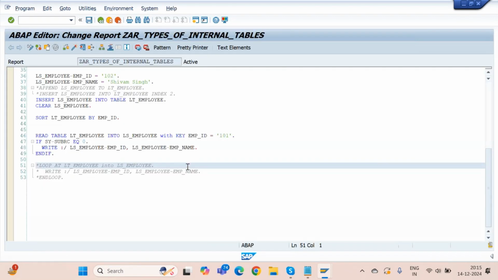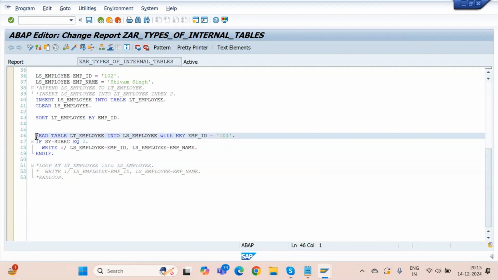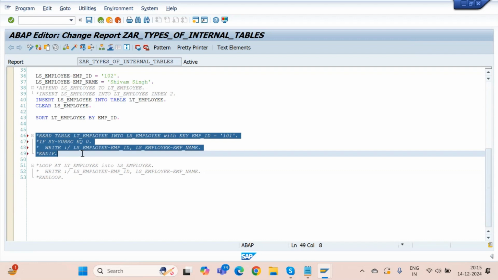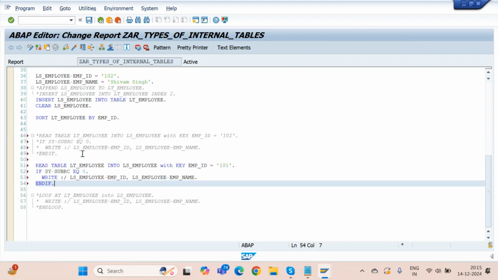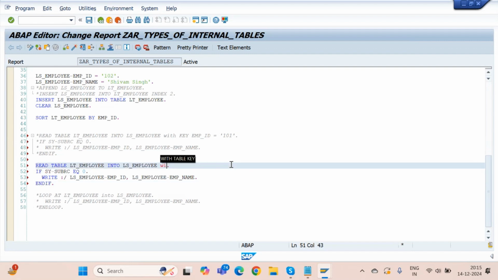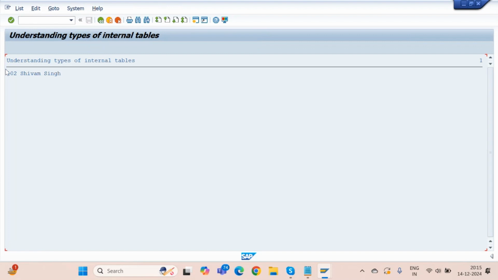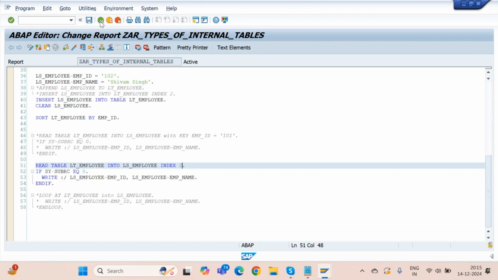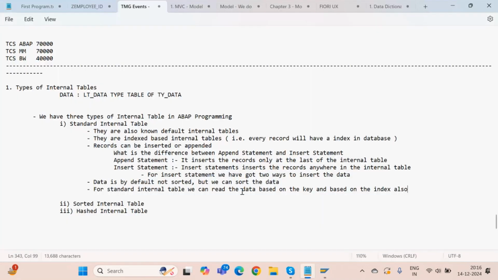So one is this one, and the other way is we can also perform the index one. Let's copy this, comment it, and we can also perform the index one, that is index 2. Activate, execute, index 2. So we can perform the read operation for our standard internal table based on key and based on index also. So this one is another thing. Then the next point,